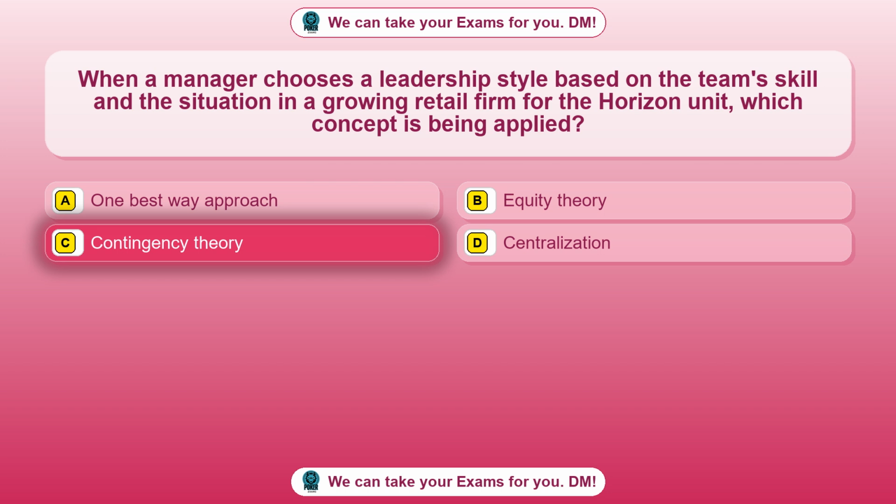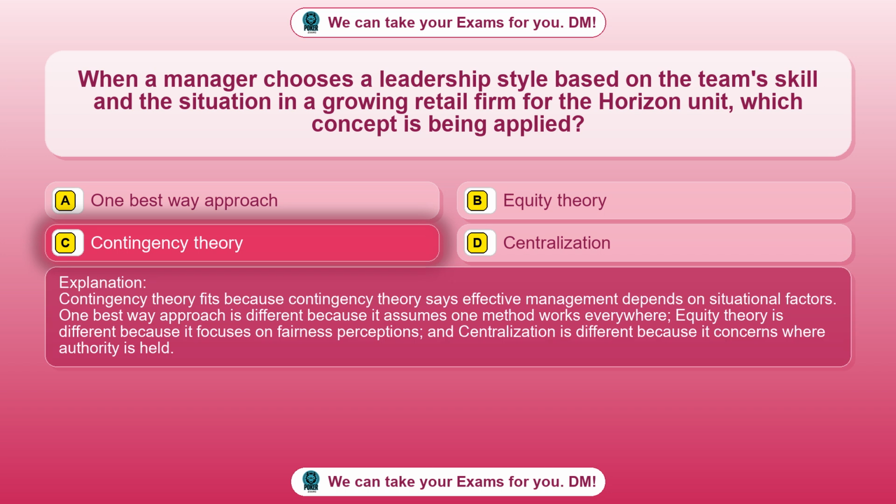Contingency theory. Contingency theory fits because contingency theory says effective management depends on situational factors. One best way approach is different because it assumes one method works everywhere. Equity theory is different because it focuses on fairness perceptions, and centralization is different because it concerns where authority is